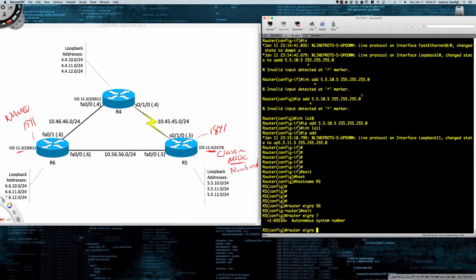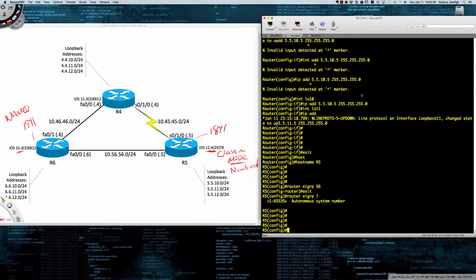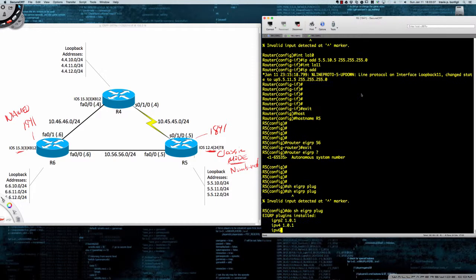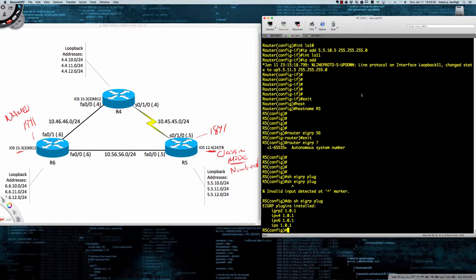So the 12.4.24T8 code on the 1841 doesn't have support for the name mode. So how could we check? Let's say maybe I wanted to check to see, does my distribution have support for that? I could simply type in show EIGRP plugins, and as you can see, it doesn't give